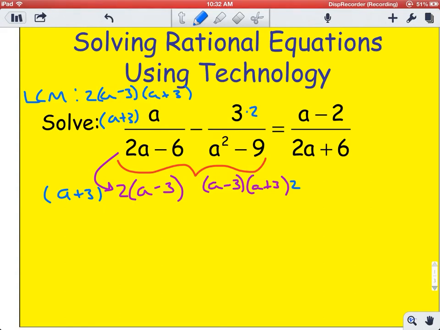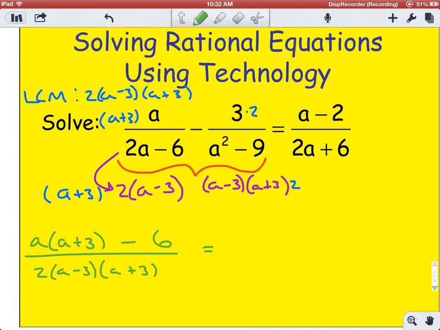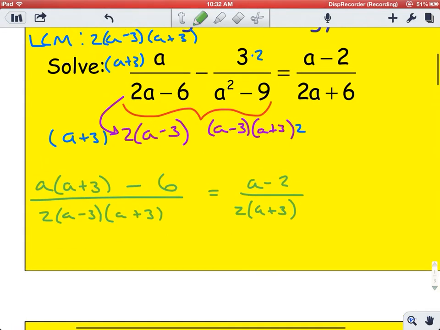So let's take a look at what we have. So we have a times a plus 3 minus 6 all over the common denominator, 2 times a minus 3, times a plus 3. And that's equal to a minus 2 over, and I'll take the opportunity to also pull out the GCF of 2a plus 6. That's 2 times a plus 3. So now that we have that,